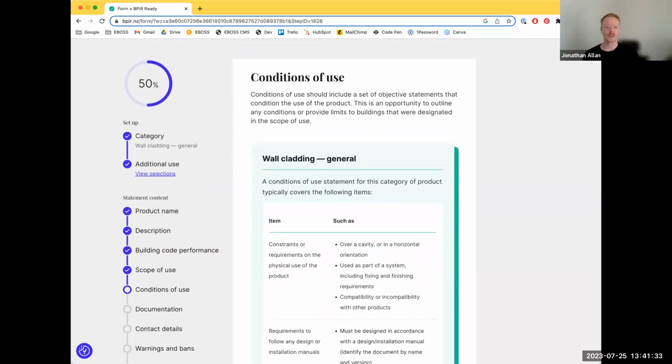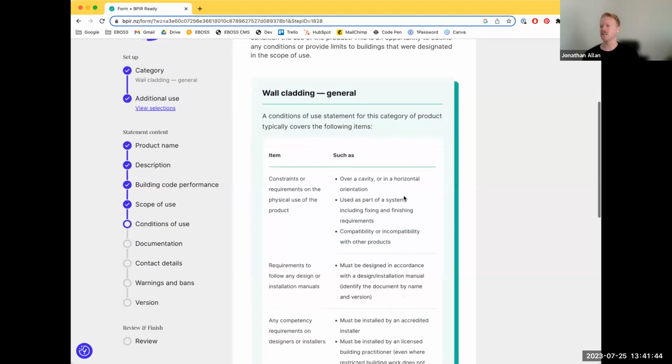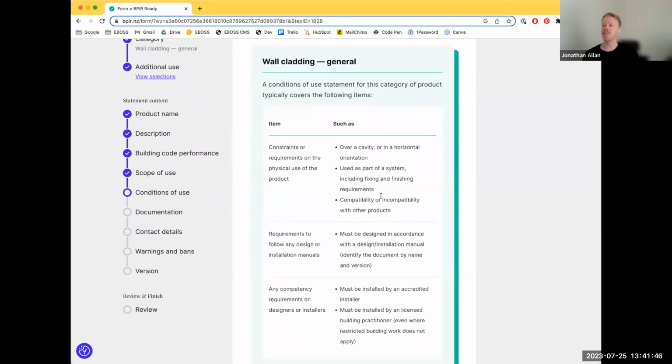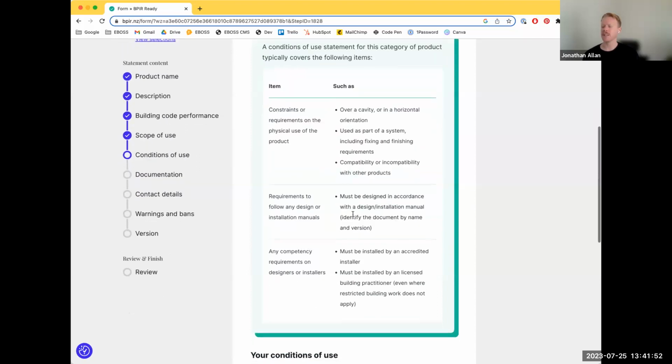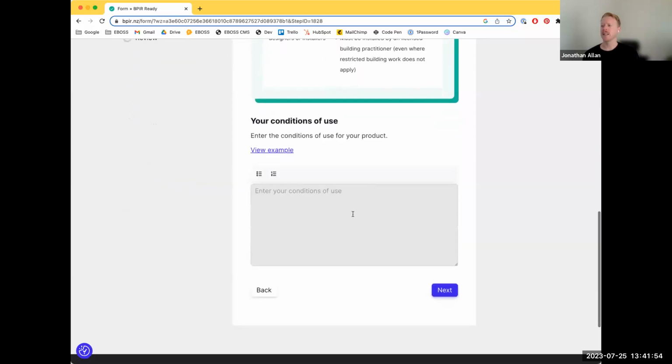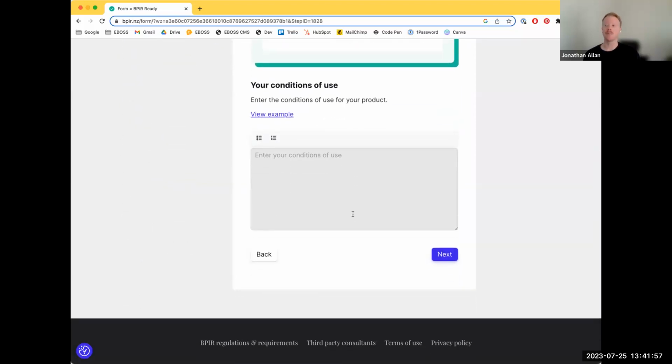and move on to the next step, which is conditions of use. Very similar in terms of how the tool works to that previous scope of use step. Again, I've got some guidance tips for writing based on the category of wall cladding that I had selected. John has covered those already. And we don't actually have any additional use triggered writing tips, because you don't have to put anything in based on my yes responses. So that's nice, a little less work for me on here,